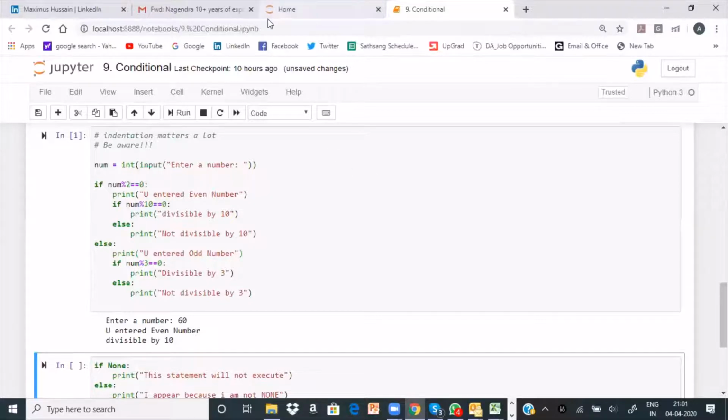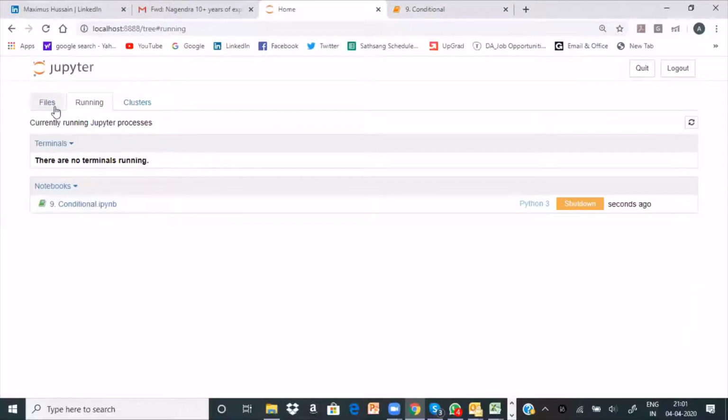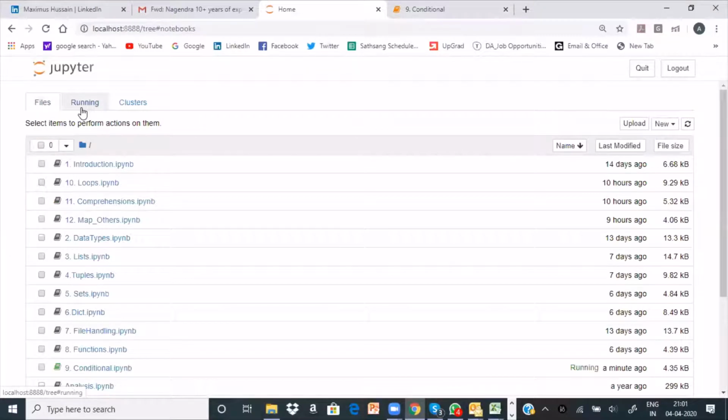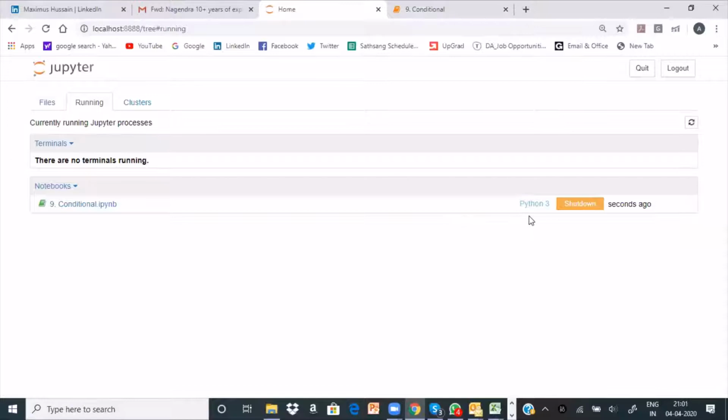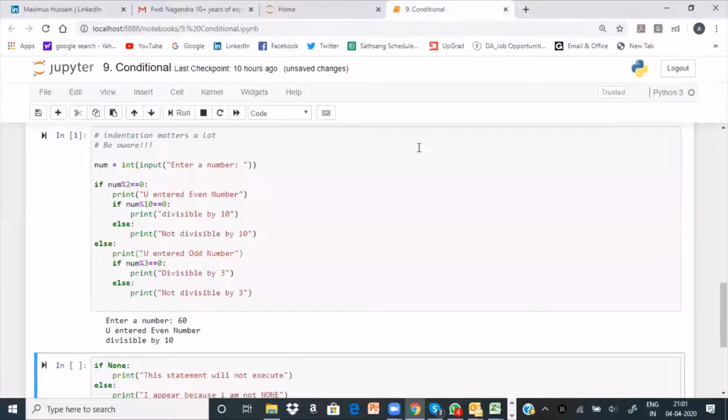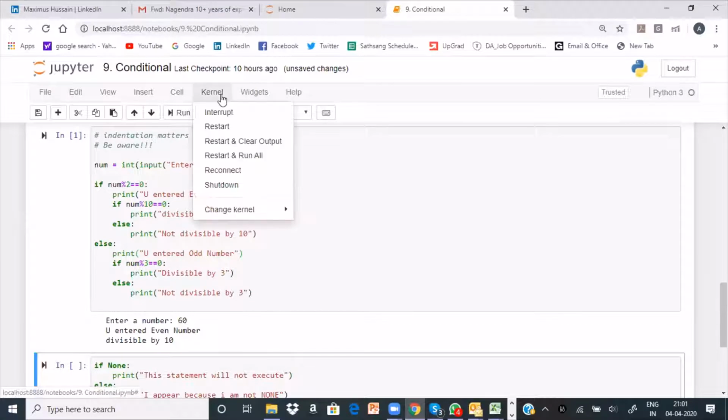So I go into my home here, instead of files, wherever there is a running. Come over here. Now you see, again it is running because I killed this. I pressed this shutdown button earlier. It took a few seconds to shut down. After the shutdown is done, I should go back into my Python file. Again, we have to restart my kernel using this option, kernel restart. There are many ways to do that, but this is the best, easy way for you to do this.